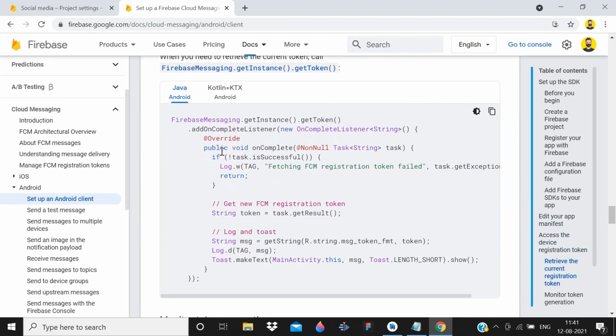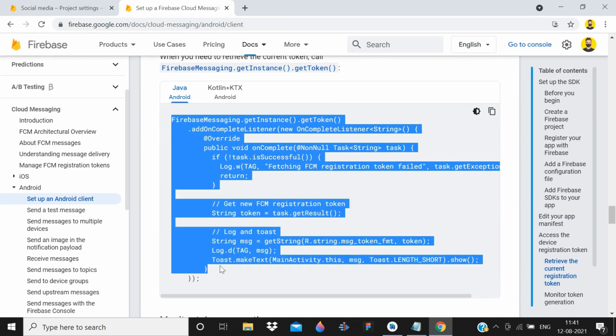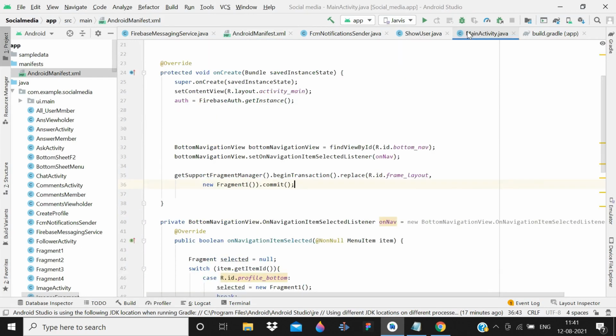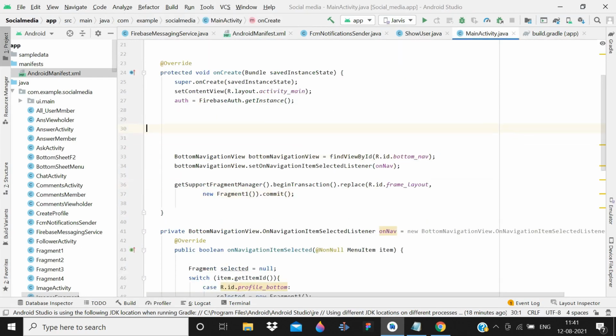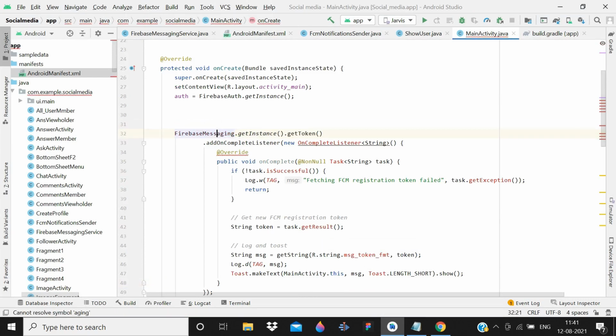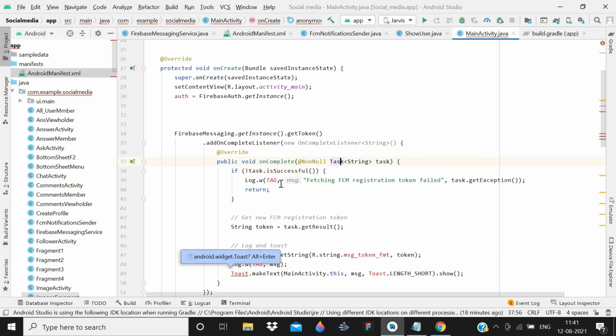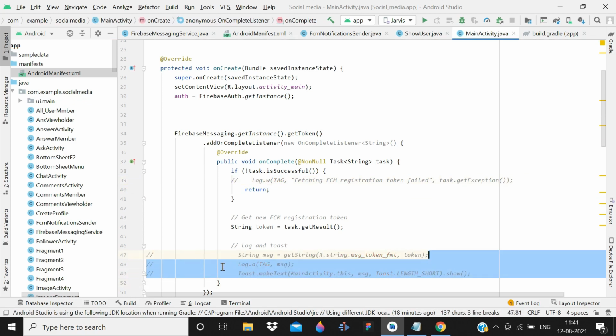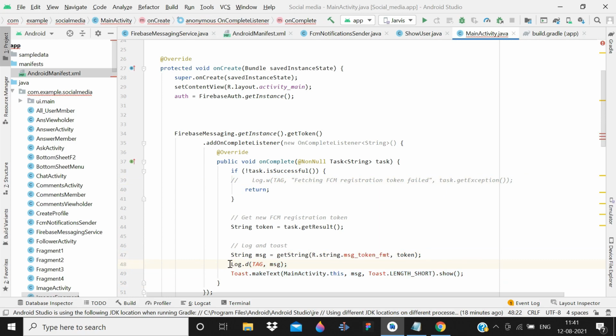So here we can get that token, and simply copy this, Control plus C, and go back in this main activity, and here you can simply paste the code, Firebase messaging, and Alt plus Insert, and then again Alt plus Insert, and now just simply comment these, sorry, only these two lines.